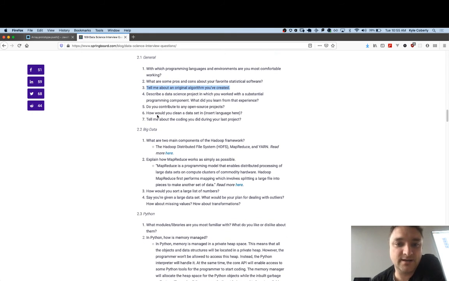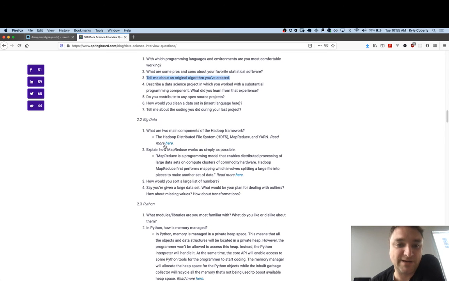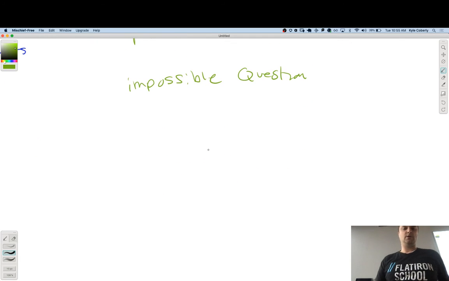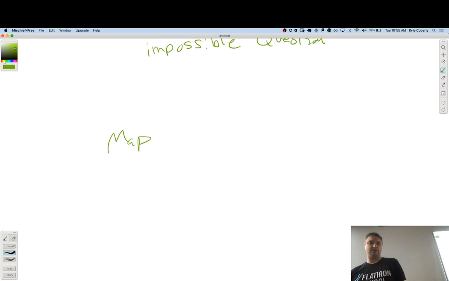Let's see. Explain how MapReduce works as simply as possible. I kind of know this one, but I'll pretend like I don't. So Adam, ask me that question. Explain how MapReduce works. So I actually haven't used MapReduce before. However, I can make some guesses about it. The word map is in there, and a map is when you transform a set of things, and a reduce is when you combine a bunch of things.